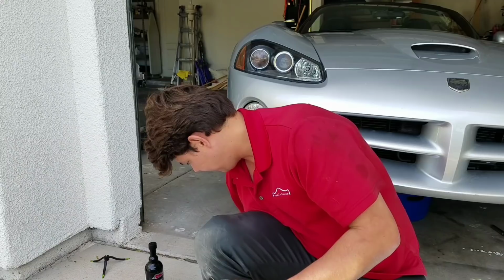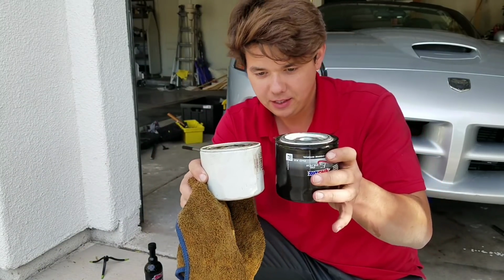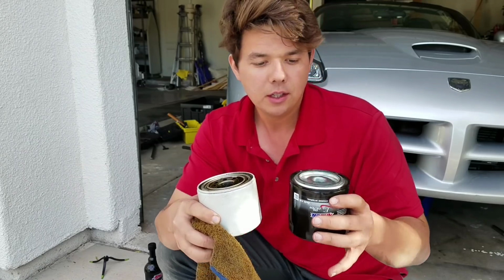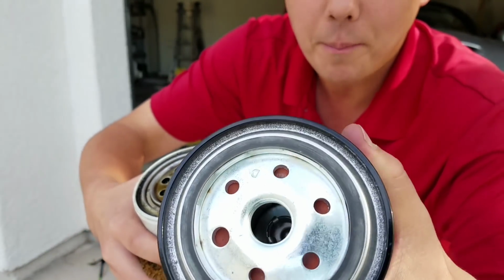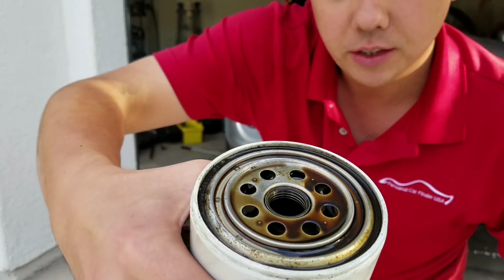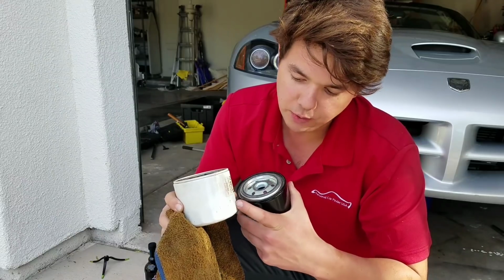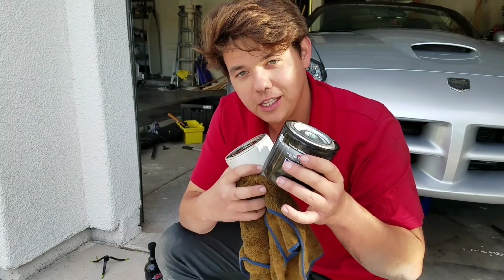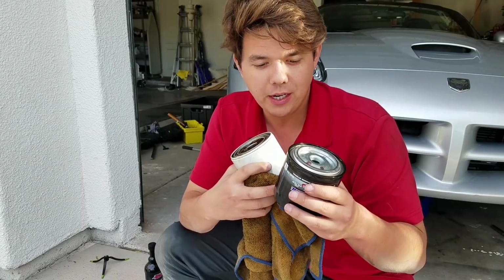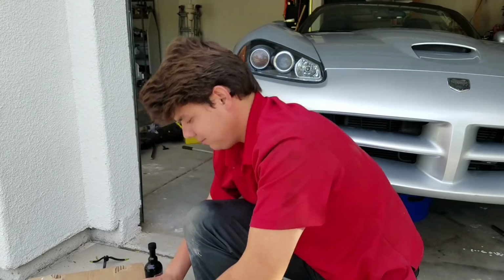And here is the filter that came off the car. That's the one that came off it, and that's the Amsoil filter. So you can see the difference in the thickness of the actual metal in the filter. You'll see how flimsy this is. The cartridge is also thicker on the Amsoil filter, so if a rock hits it from underneath, it won't puncture and leak as easily. So overall, all around, it's just...